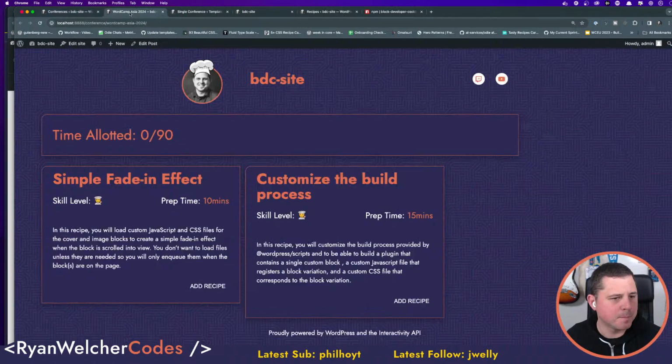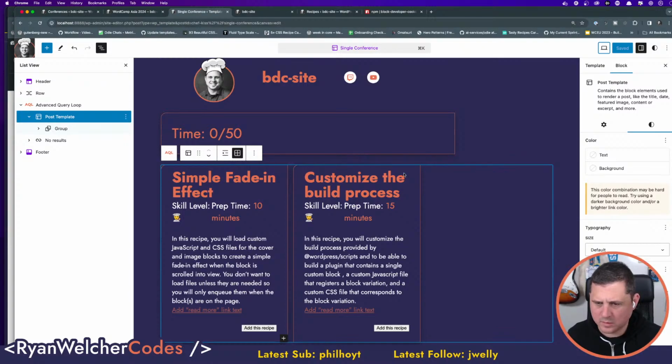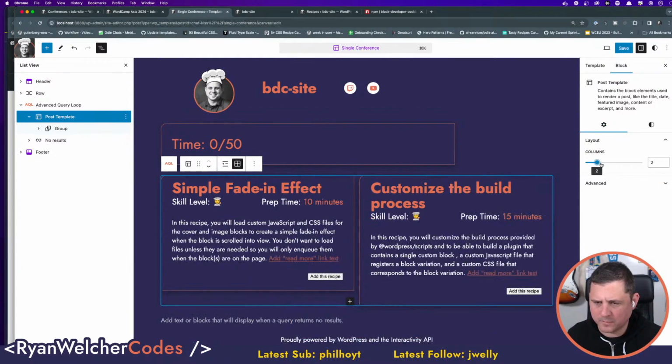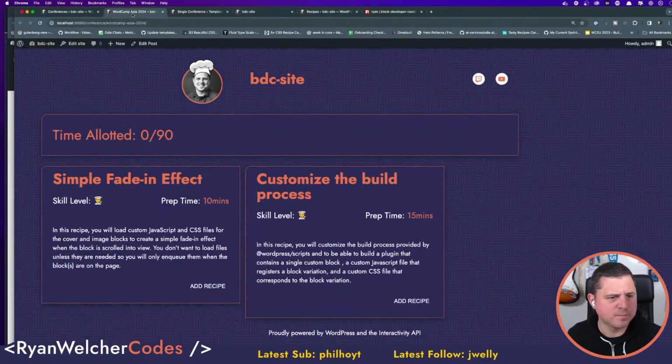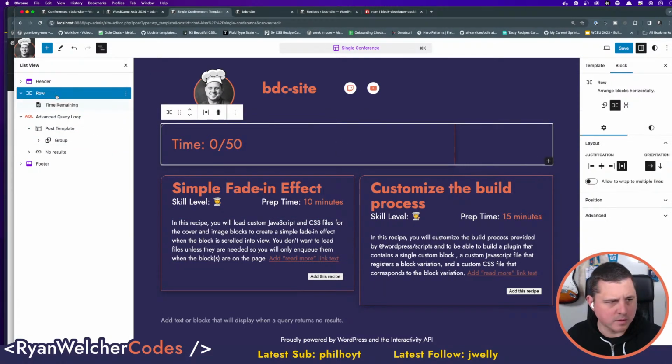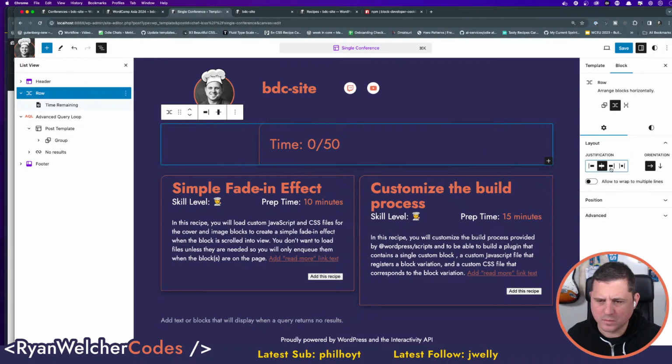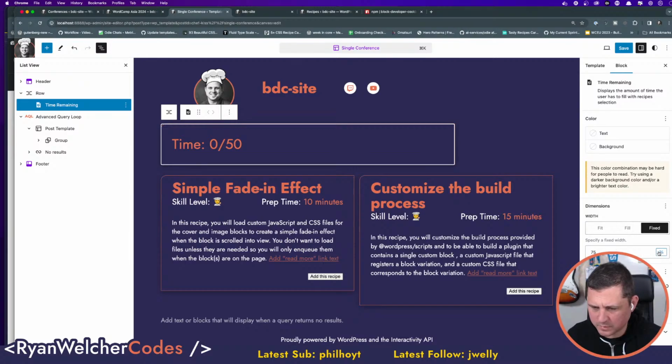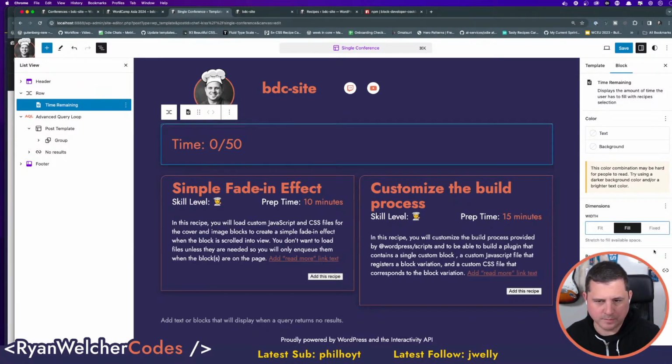Okay, so now we've got some space in there. I'm going to change it because I want to have maybe 2 columns. What do we think? 2 columns, because they're fairly large and I've only got two items in there. Yeah, 2 columns, I think. Okay, so we'll do 2 columns. What is this doing? Does that need to be a row? Oh no, fill. That's what I want.